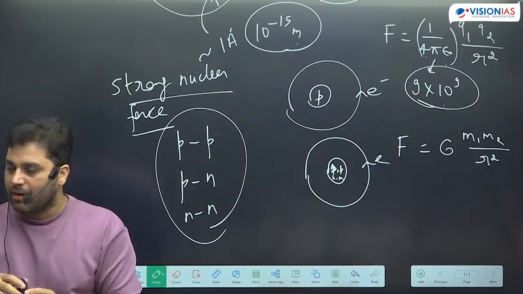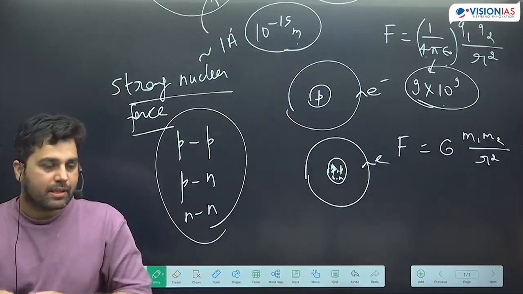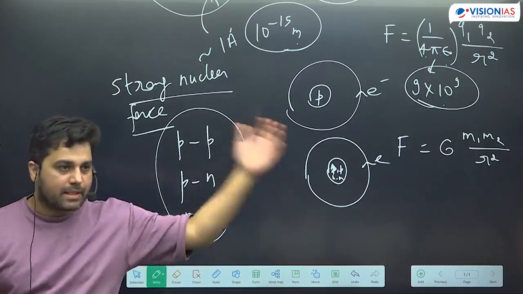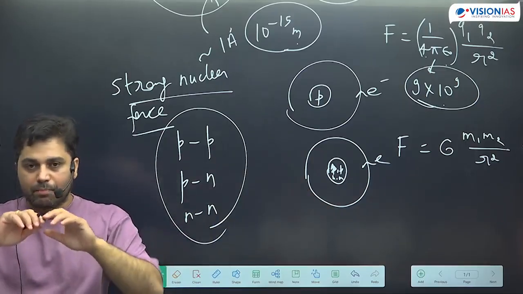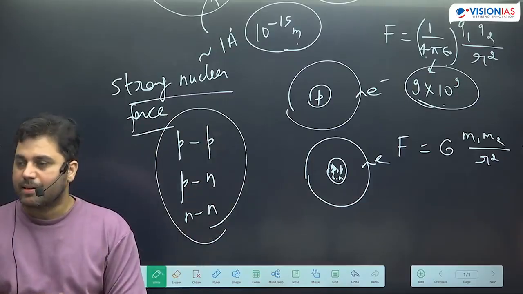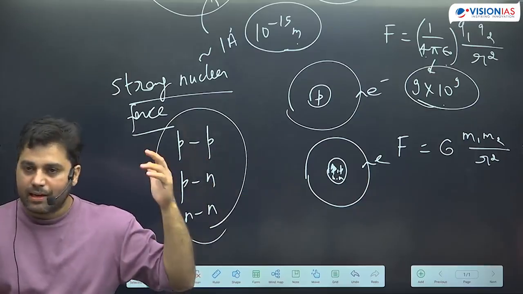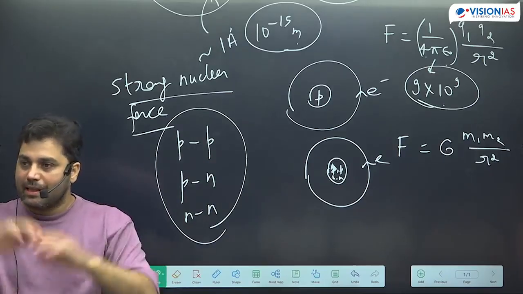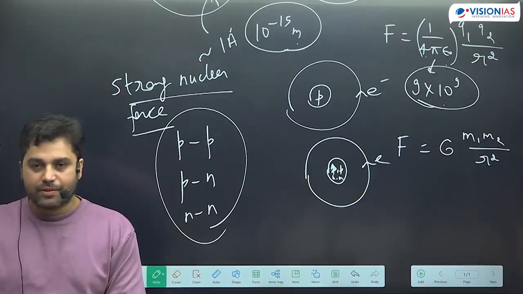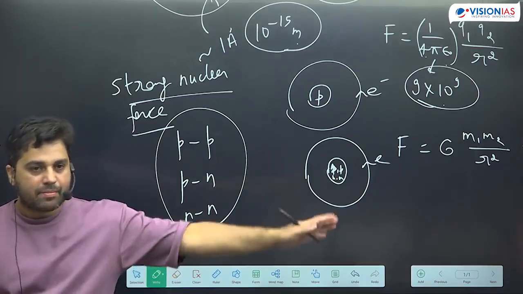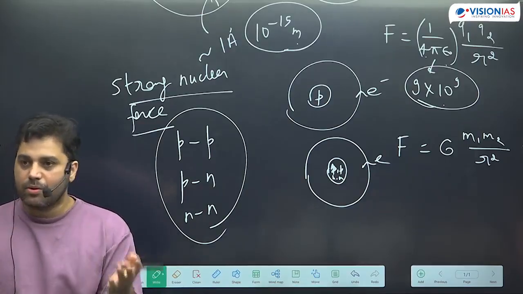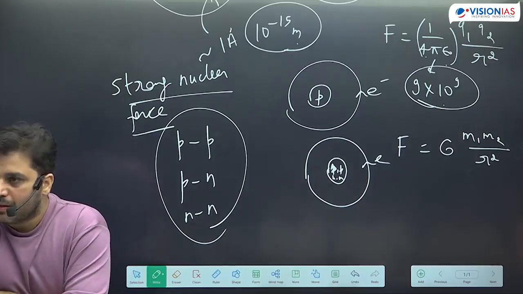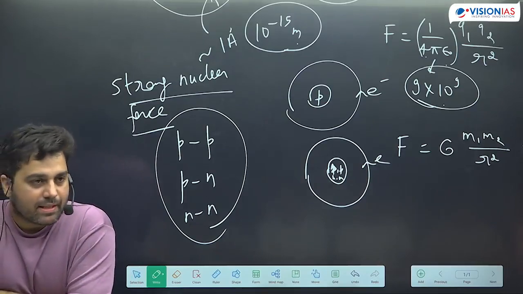So why do we not account for electromagnetic force when we talk about celestial objects? On Earth, for example, there will be places where there are positive charges, there will be places where there will be negative charges, but on a planet as a whole, Earth is electrically neutral. And same is also true for Sun, and same is also true for the entire Milky Way galaxy. Celestial objects on a larger scale, there can be concentration of charges here and there, some positive charges here, some negative charges there. But as a whole, they are electrically neutral. And since they are electrically neutral, we do not have to worry about electromagnetic force at larger distances for celestial